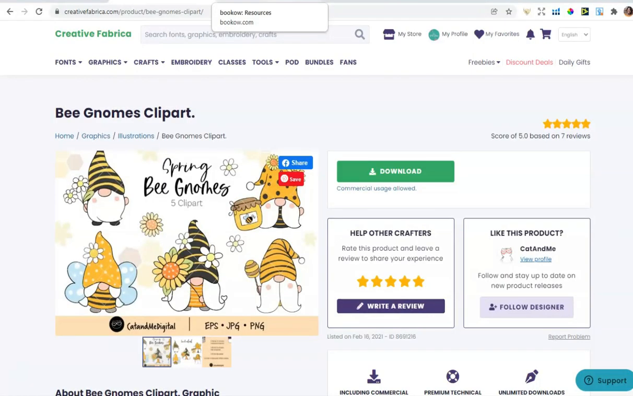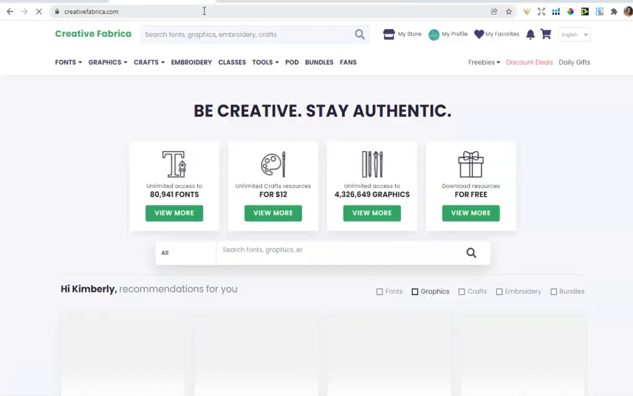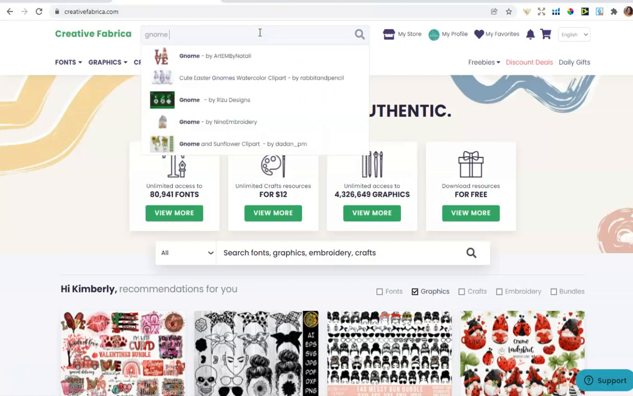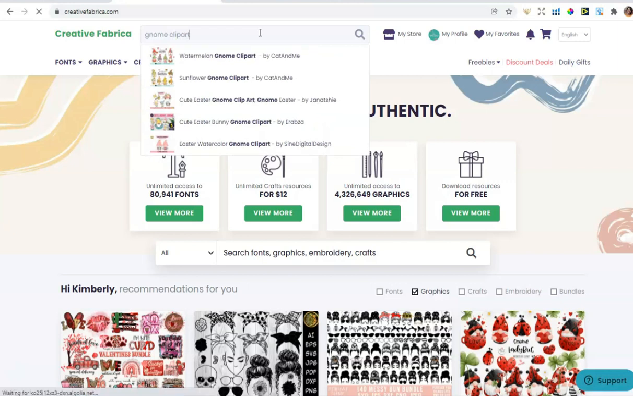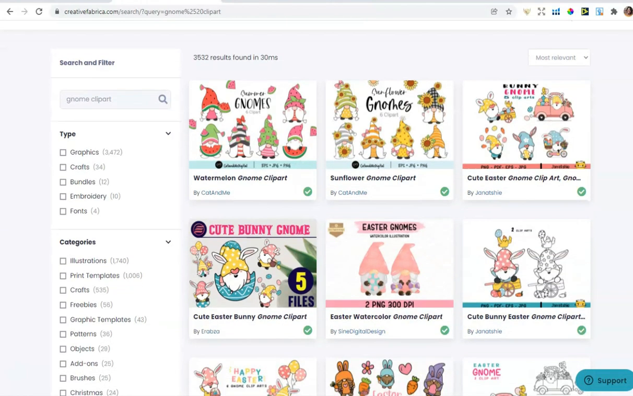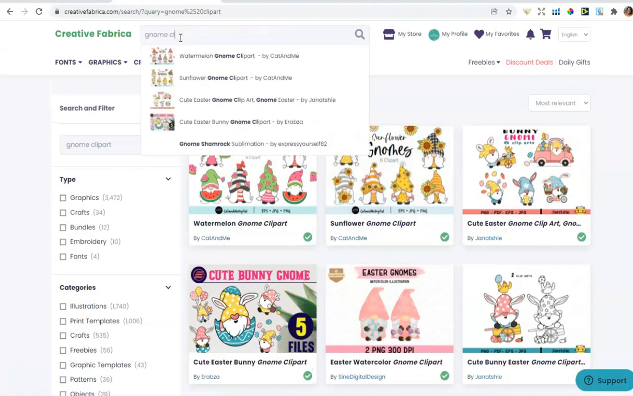So first things first, I'm going to head on over to Creative Fabrica. Okay, and here at Creative Fabrica, this is where we're going to look for some graphics that we can add to the front of our coloring book. Now, what I'm going to do is create a gnome-based coloring book. I think they're kind of cute little characters, and so this is what I'm going to be using in my coloring book's design. As you can see here, I just typed in gnome clip art into Creative Fabrica,